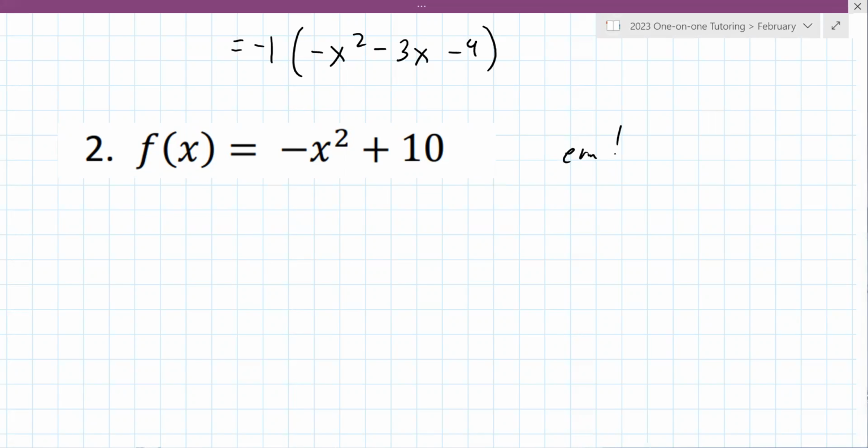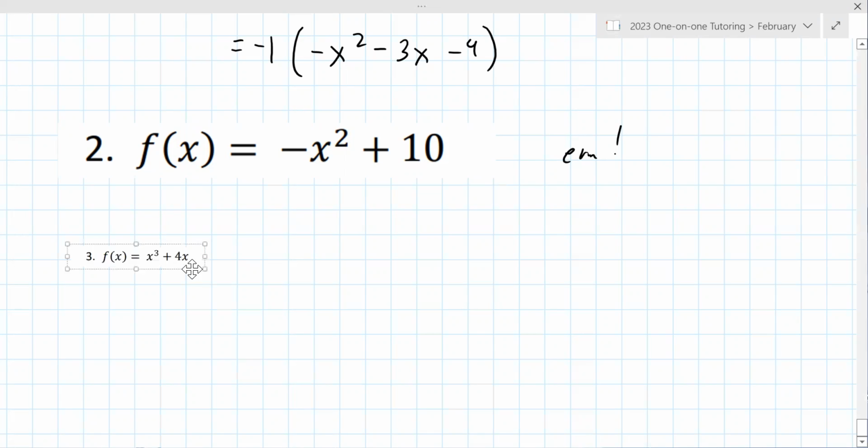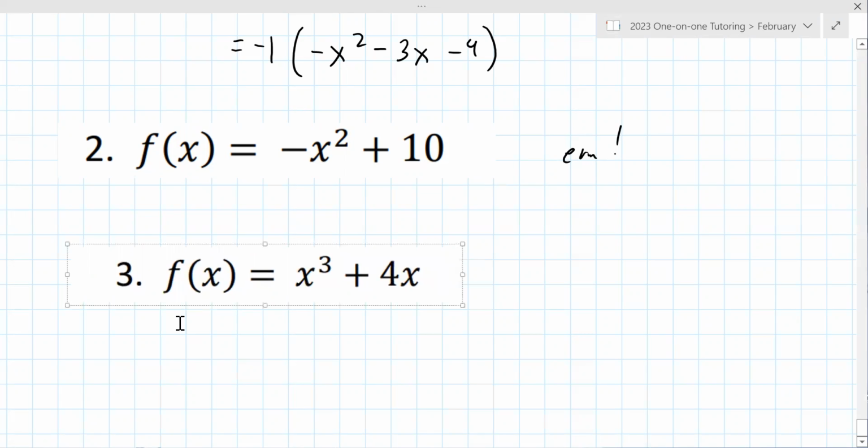How about, let's look at another one here. So this one's going to be, maybe this isn't fair to do. Yeah, I'll come back to that. How about this one right here? Even, odd, or neither. That looks like it's gonna be